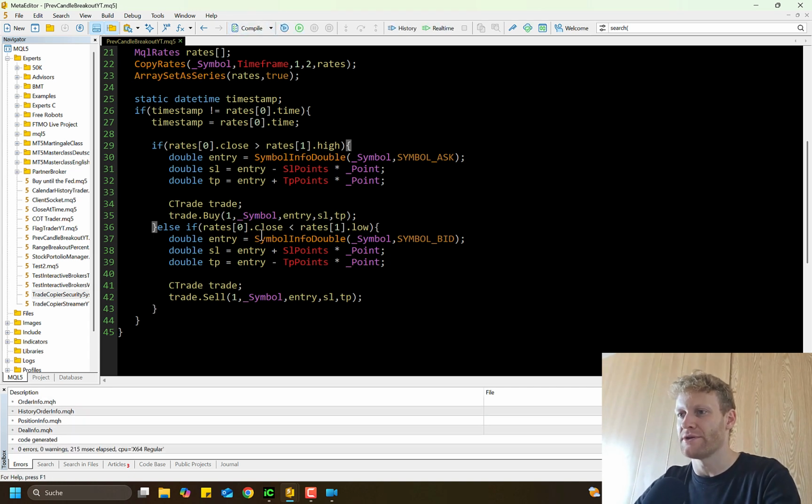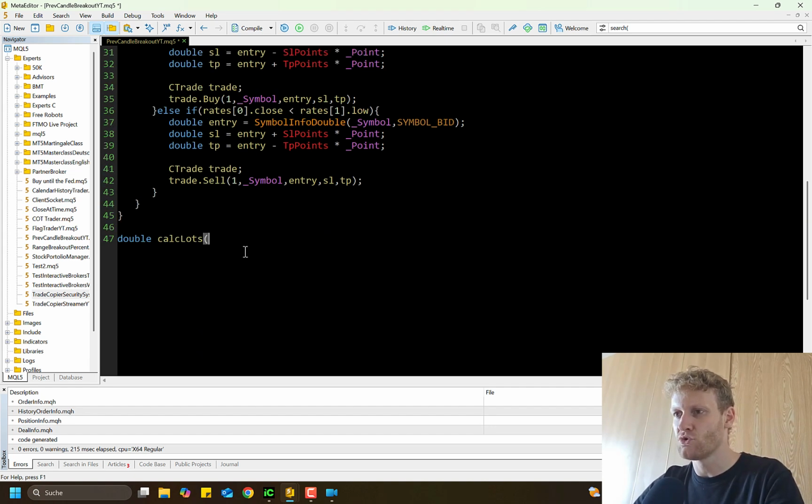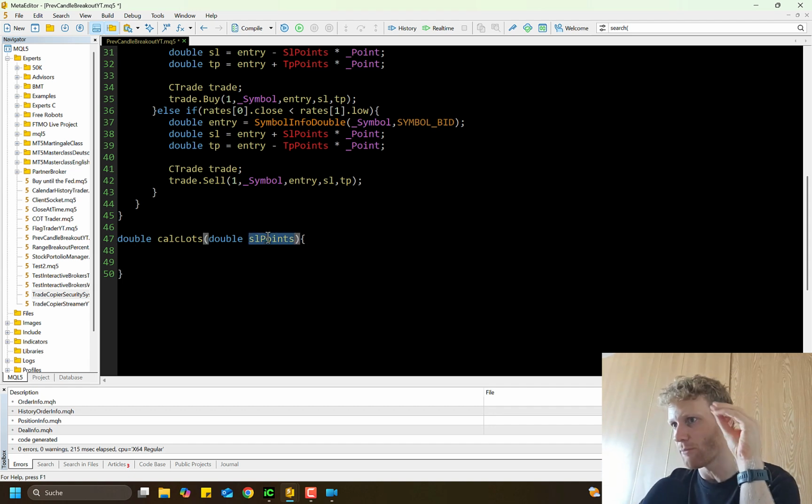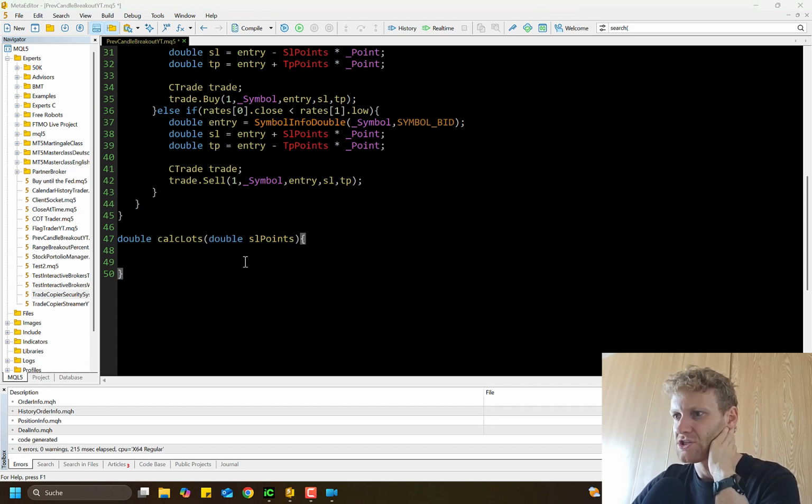And this is now very interesting, because let's create a function for this, which we can call calculate lots, and we do need the SL points for this, which is a double, points. So what we want to do is provide the stop loss distance as a parameter for this function. So let's say we have a distance of 100 points for the stop loss, the risk, of course,